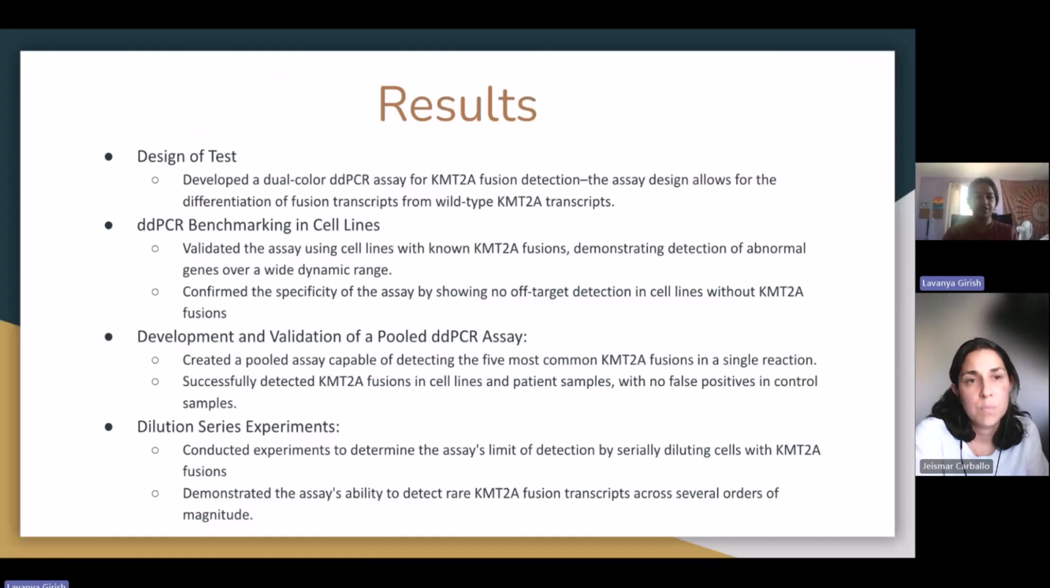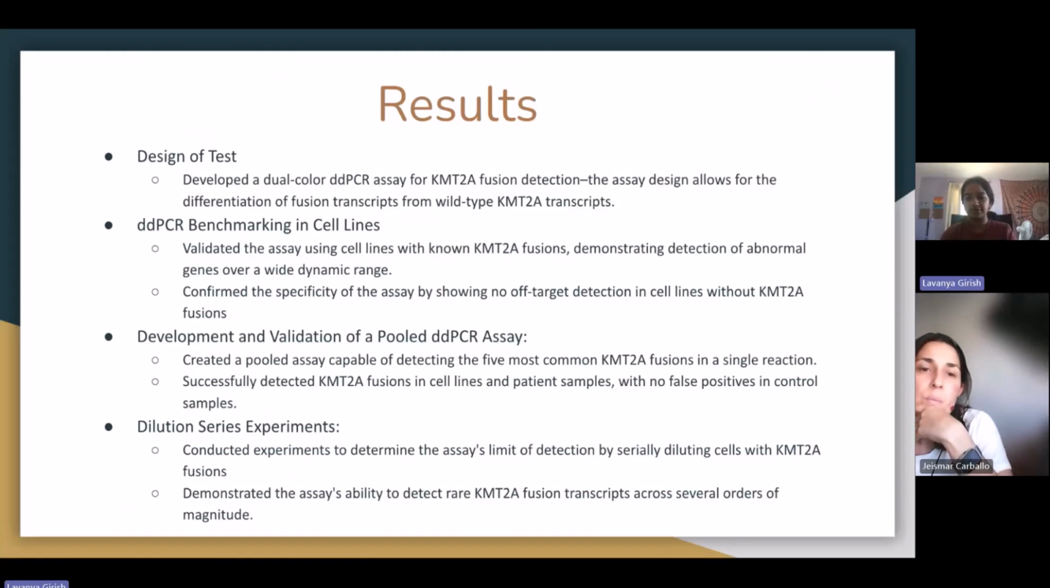For the results, they developed a dual-color ddPCR assay for KMT2A fusion detection. The assay design allows for differentiation of fusion transcripts from wild-type KMT2A transcripts. They validated the assay using cell lines with known KMT2A fusions, demonstrating the detection of abnormal genes over a wide dynamic range, and they confirmed the specificity of the assay by showing no off-target detection in cell lines